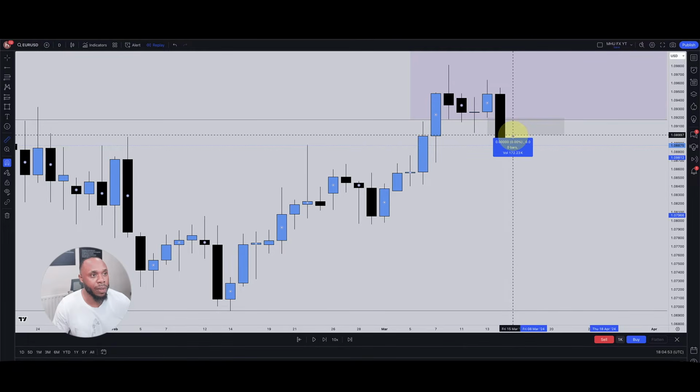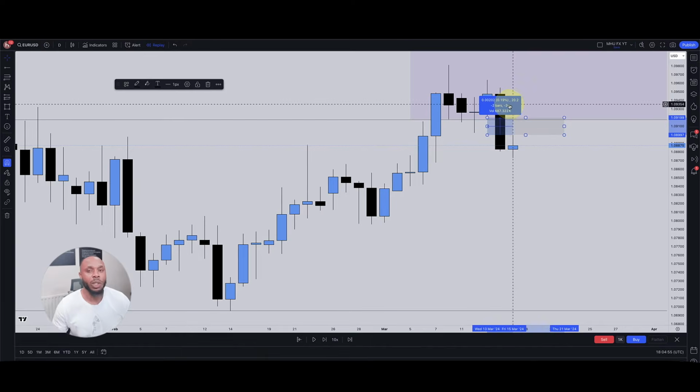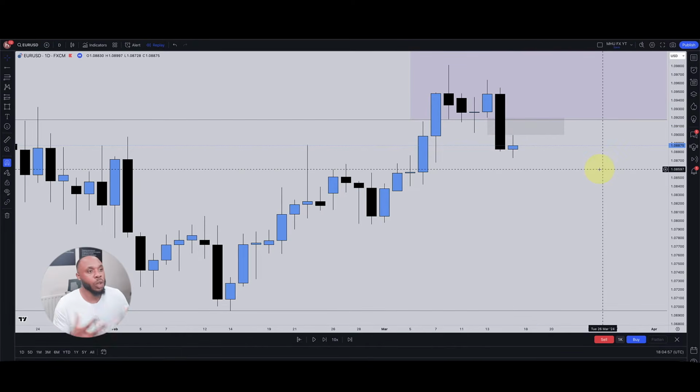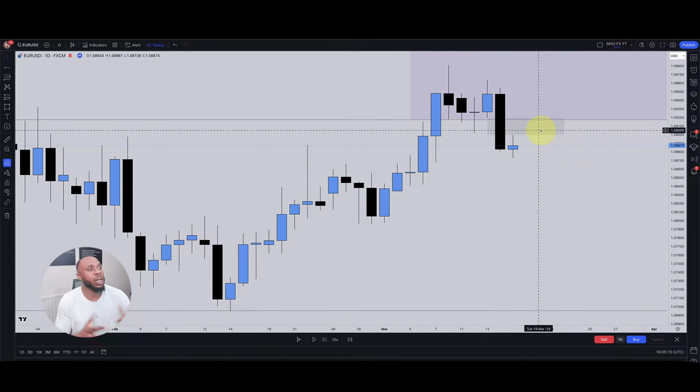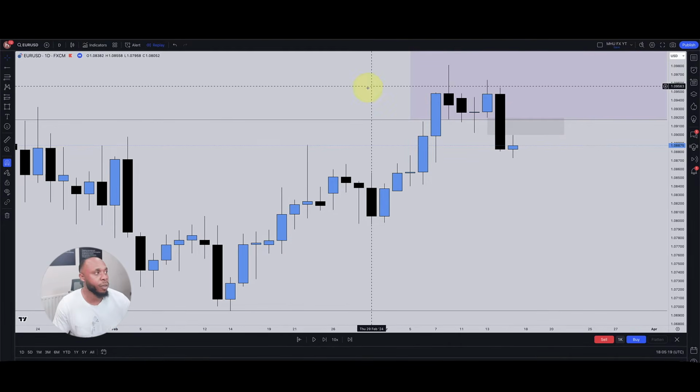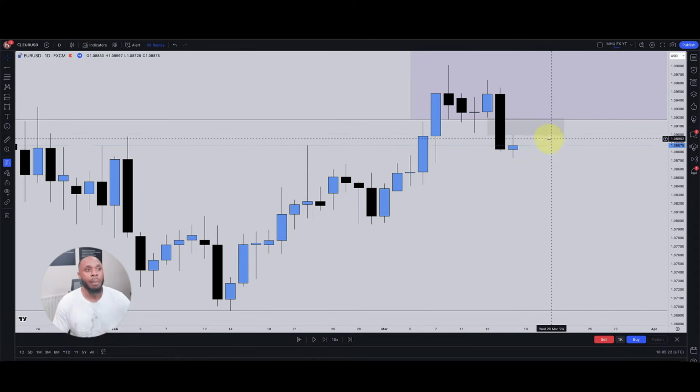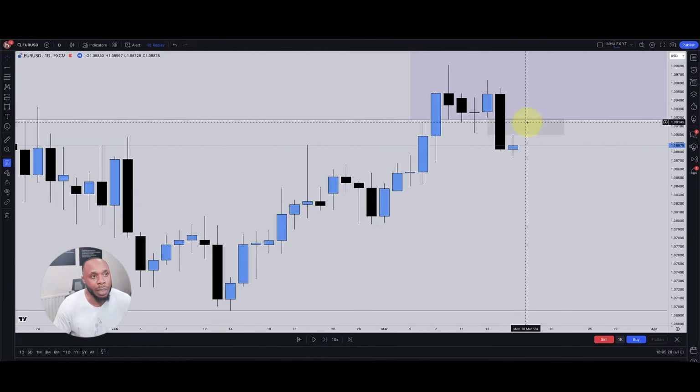If I mark up the high of this to that high here, it's about 20 pips. I'm not one to do a 20 pip stop loss. I'm not one to do a stop loss that large. If this was a lower time frame or if the imbalance was a lot smaller, let's just say it was a 5 pip imbalance or maybe a 10 pip imbalance, maybe we can work price trading up into 50% of this and then dropping. But really and truly, you don't know how deep price is going to run up into this imbalance before dropping.